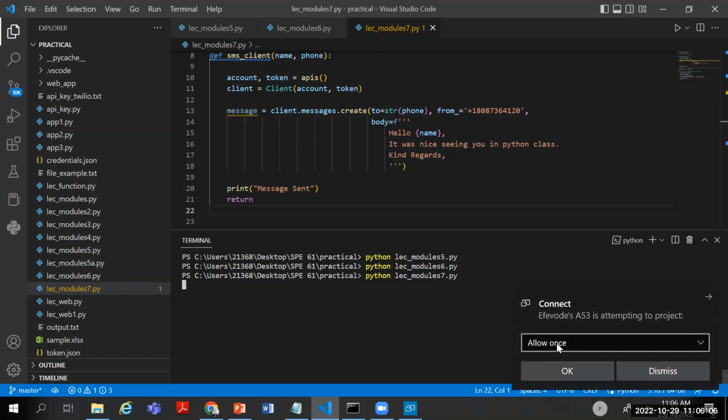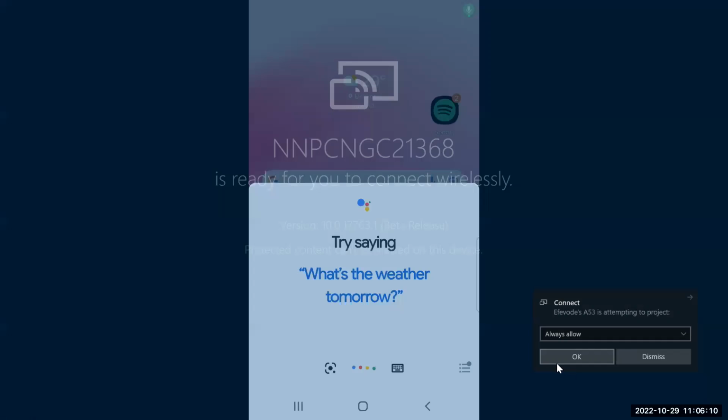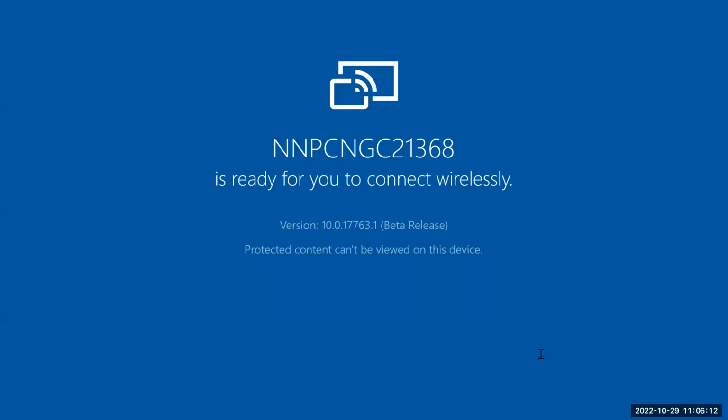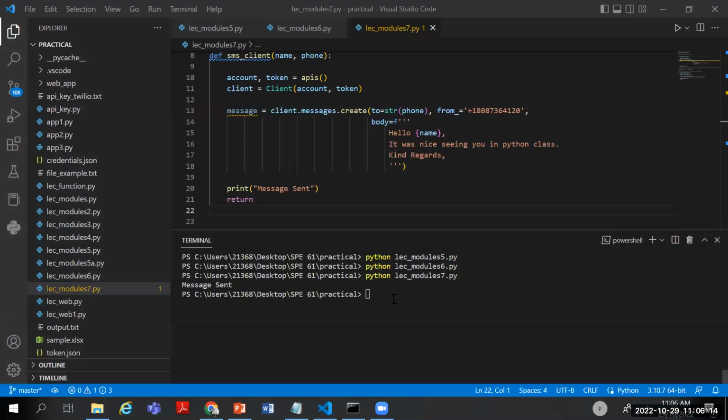So module 7. The code has executed. Oh, it's actually sent now. I don't know, my projection stopped. But just to have a feel,